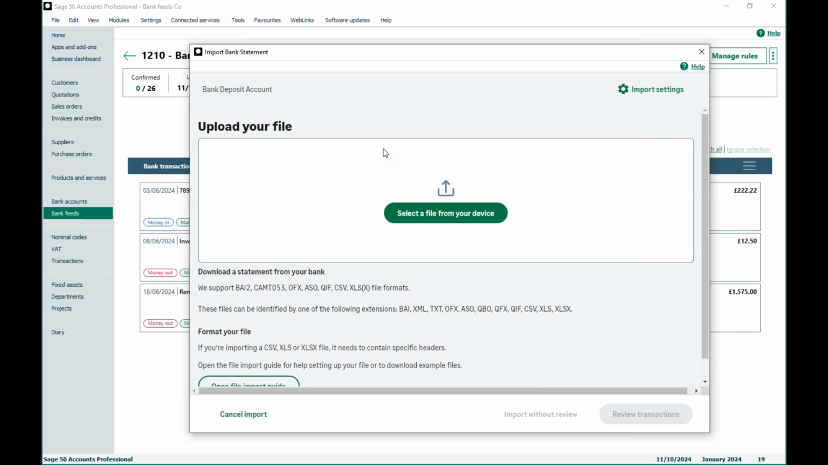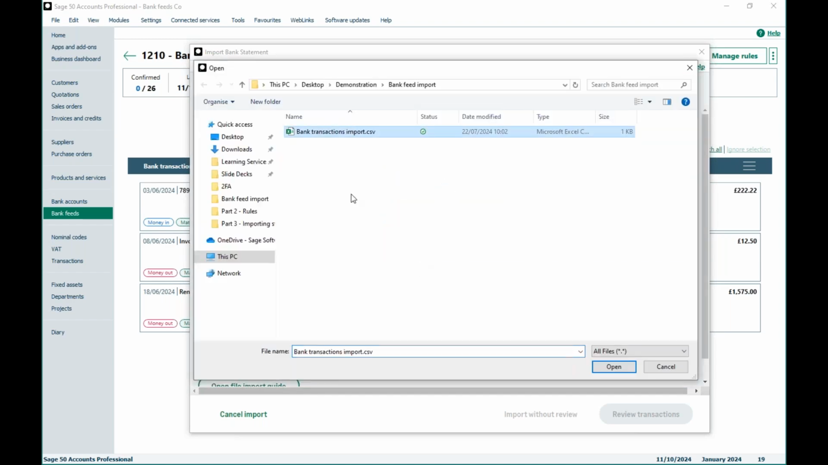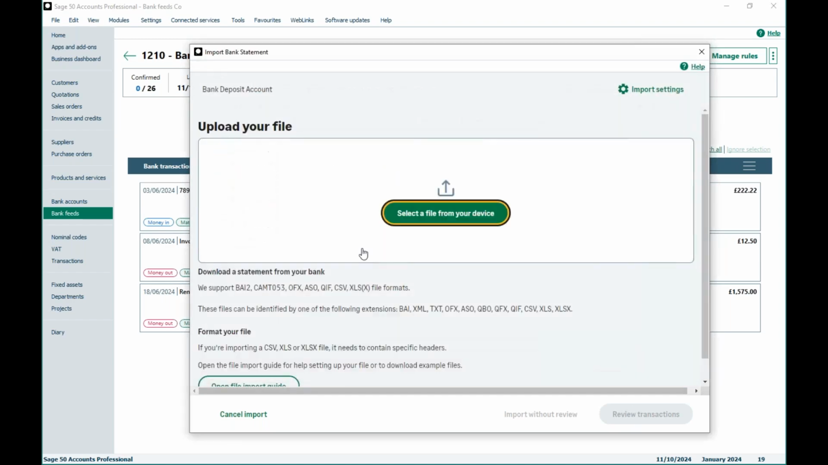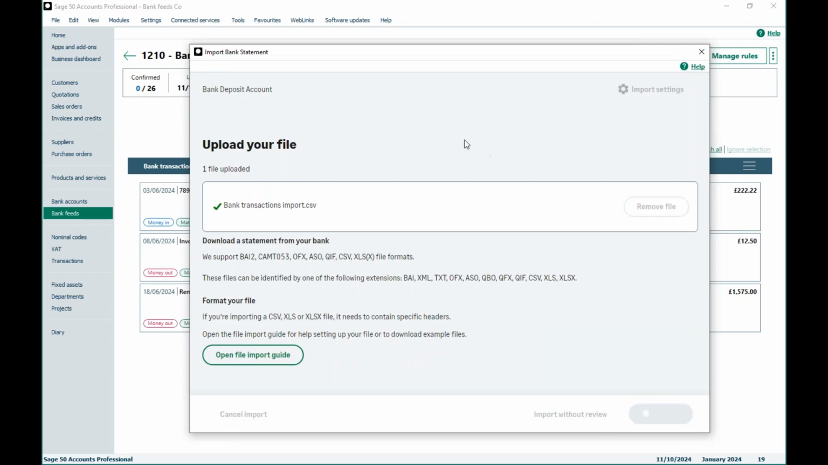So that might be a lot of your transactions are very, very similar. So if we click that file, we'll just click the same one again. When you click to review transactions,